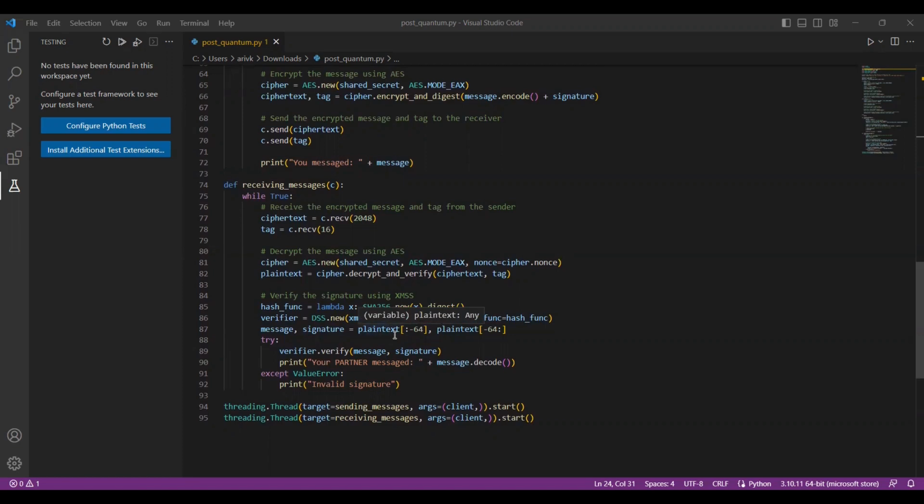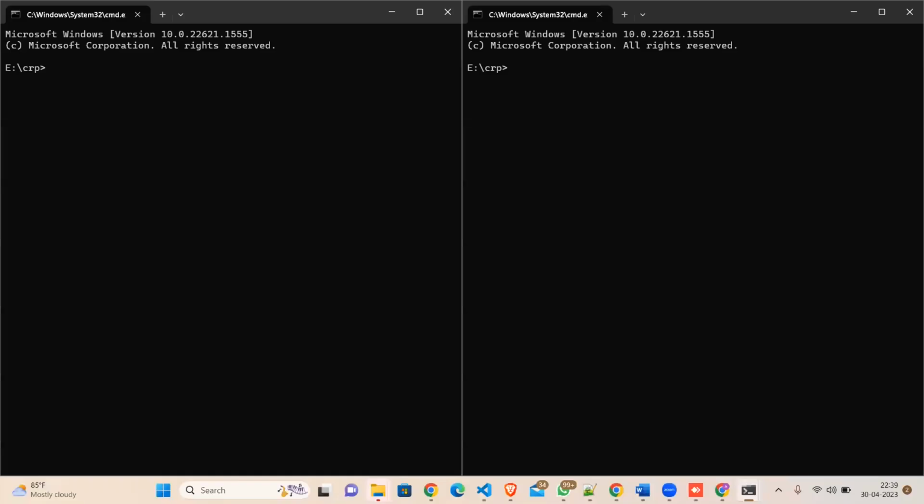Then I would like to show the demo of the secure message application. I am executing the Python file in the command prompt, just entering the file name here.